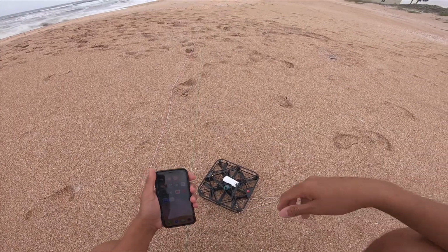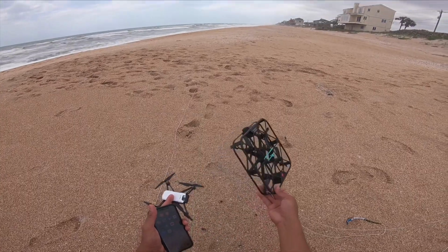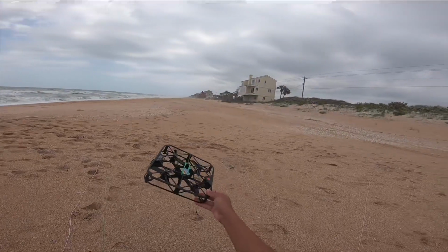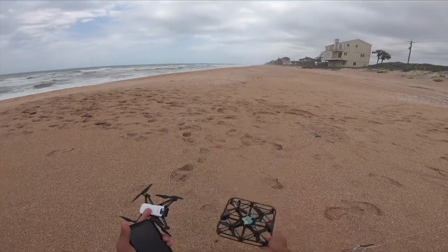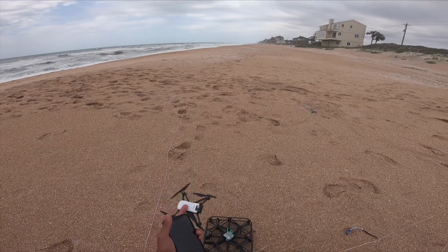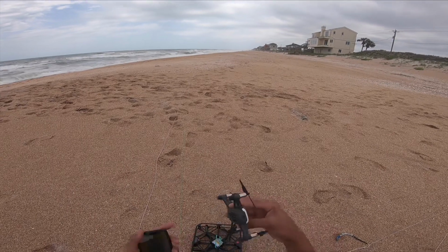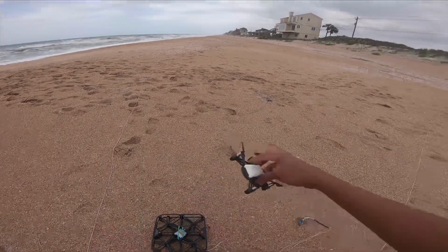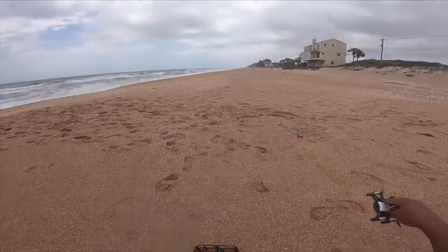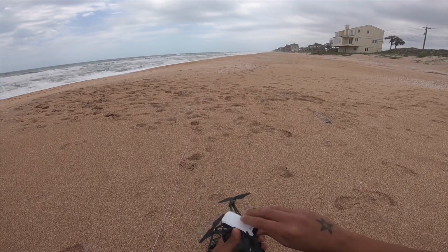So if you guys saw my video already, I'm having a hard time flying this guy, and it's never been extremely windy. I mean, I had more extreme wind, and this is brushless. And now we're gonna put Tello to the test here with brush motors. And anyway guys, I had to put a leash because I already know it's gonna go everywhere and I'm not gonna be able to find it. So anyway,